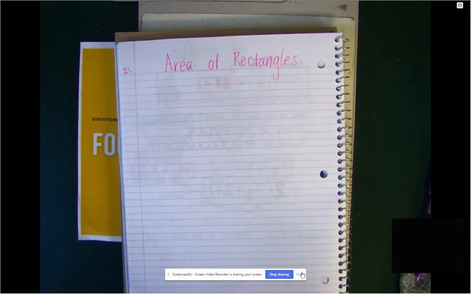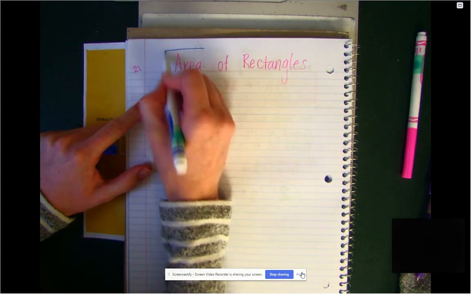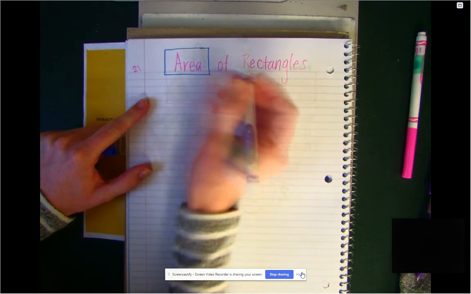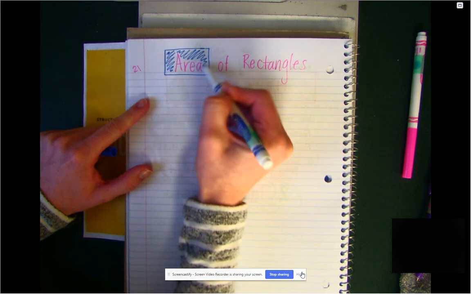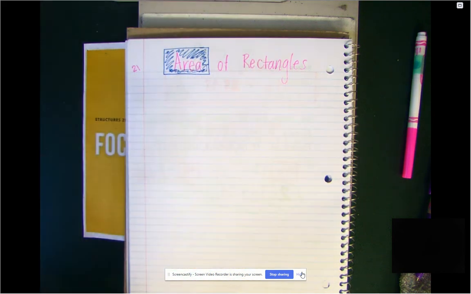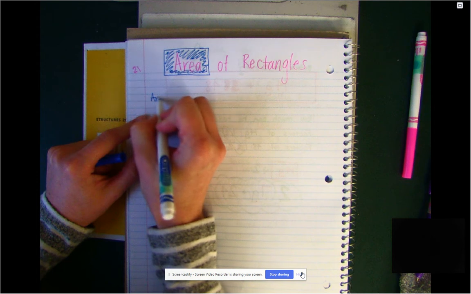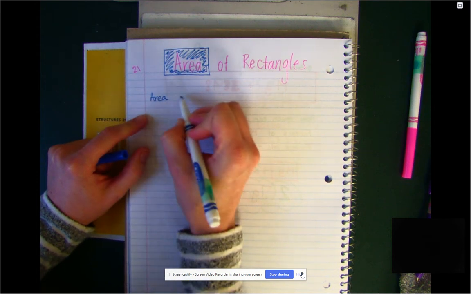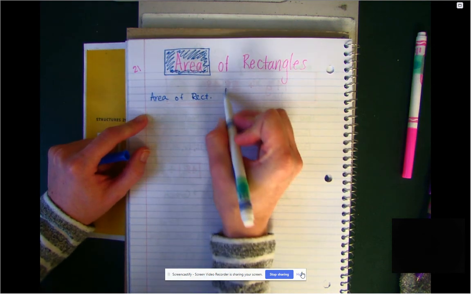All right, recall that area is what happens inside of a figure. So this in here is the area of a rectangle. You might get it confused with the perimeter, which is the outside, but we're talking about the area of a rectangle. The area of a rectangle, and remember that a rectangle